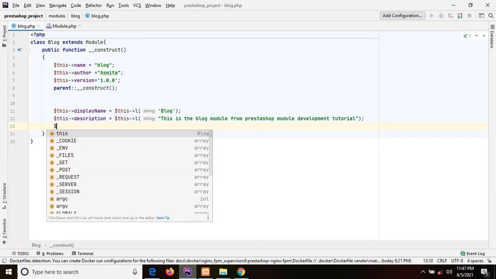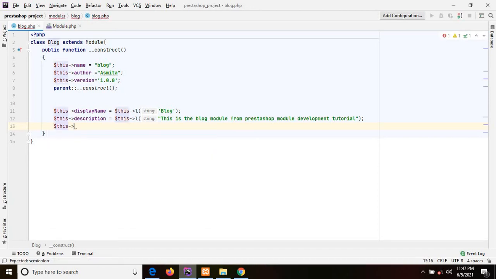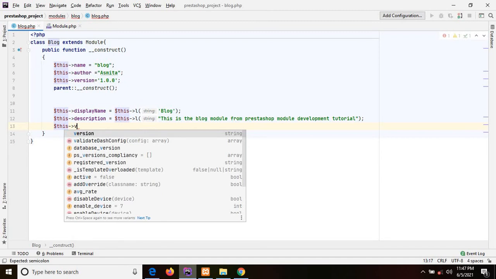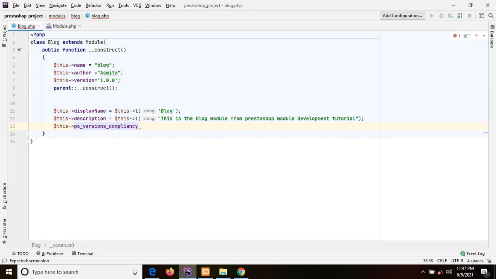After that, we need to write the version. Actually, ps_versions_compliancy, because we need to pass the array of the version for min and max version.